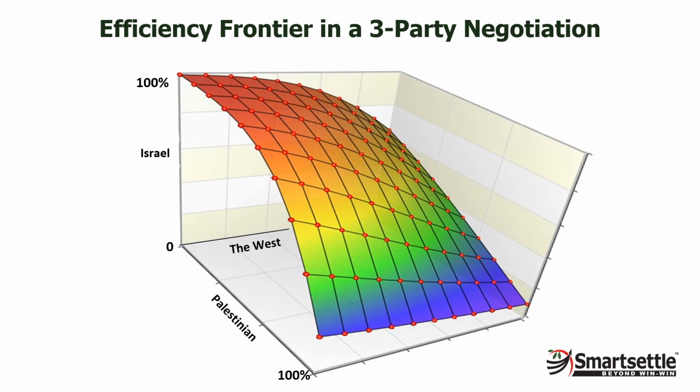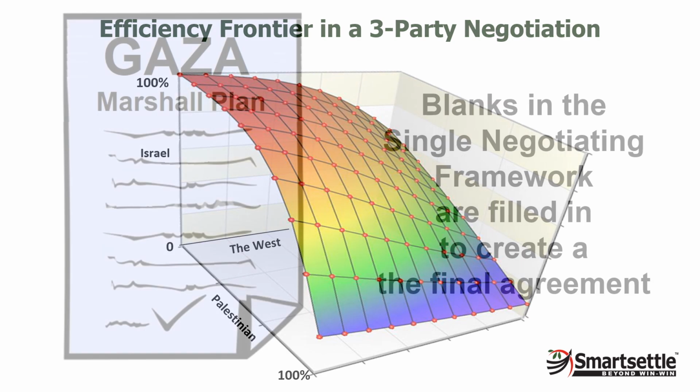When adding a third party like the West, the efficiency frontier becomes a surface. This has the potential to tremendously complicate the negotiations. But with Smartsettle, the parties never see most of this. It's all under the hood. Each party needs only to focus on their own point of view, and their experience in a multi-party negotiation is not much different than with only 2 parties. The final outcome